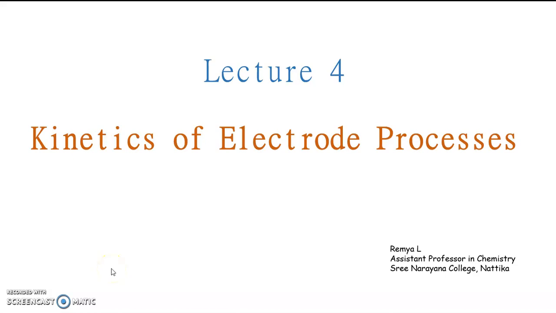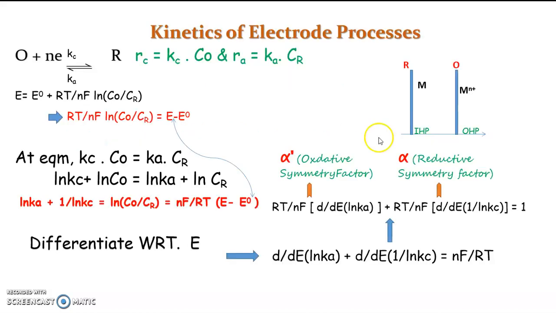In this lecture, we are dealing with the kinetics of electrode processes. Here, we are considering the electrode reaction in a kinetic manner, and it's very simple if you are familiar with our previous lectures. Here in this picture, metal on the IHP and metal plus on the OHP, and I am representing this as reductant, which gets oxidized,